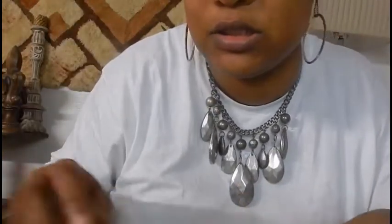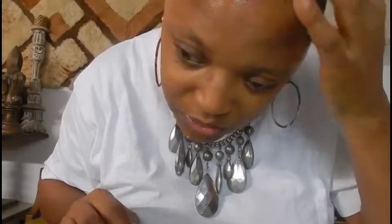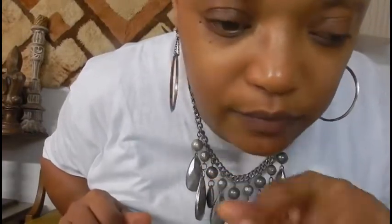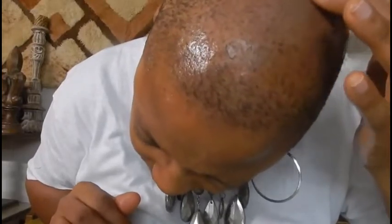So just to finish this process up, I was going to shave my head today, but what I'm going to do is do this again tomorrow, and tomorrow is Thursday. I'm going to do this process again Thursday, and then I'm going to shave my head Friday. I'm probably going to record it again tomorrow so you guys can see how my scalp looks the day after. So then probably a week from Friday,